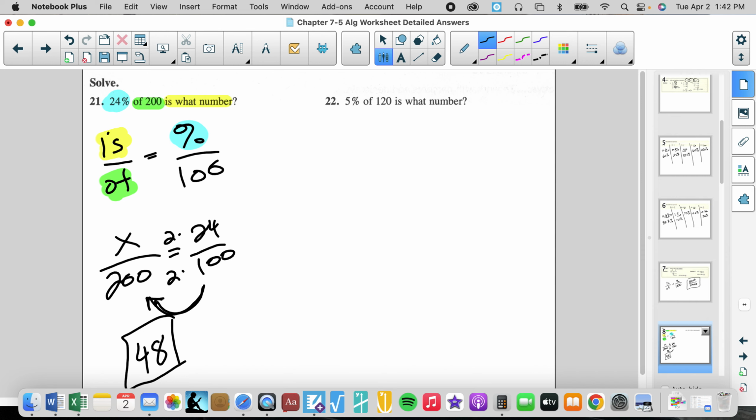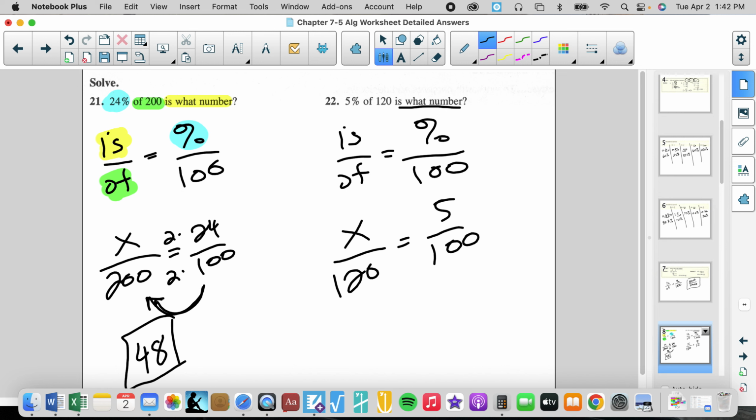24% of 200 is what number? It's 24% of 200 is 48. Yes. So is over of equals percent over 100. And what we're going to see is as these questions change and what they're looking for, we're going to be able to use this same template. So is what number? Of